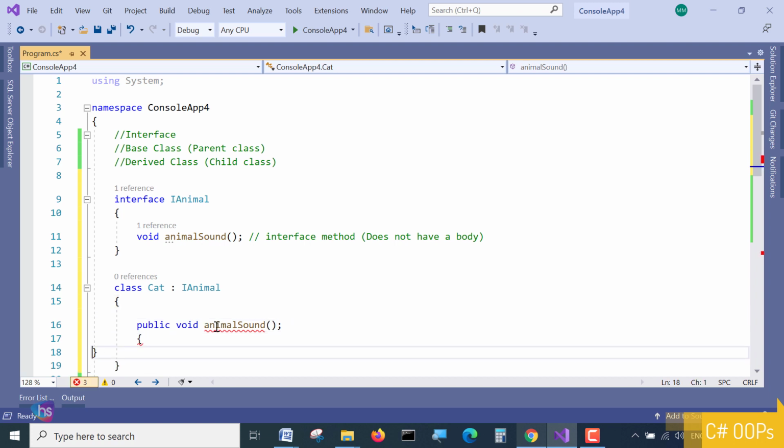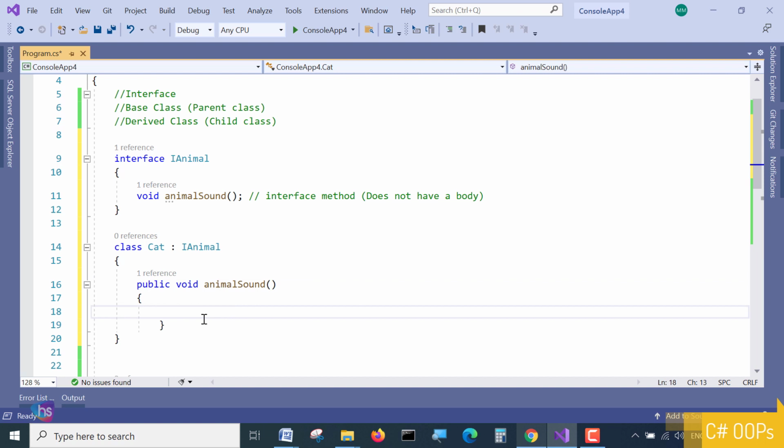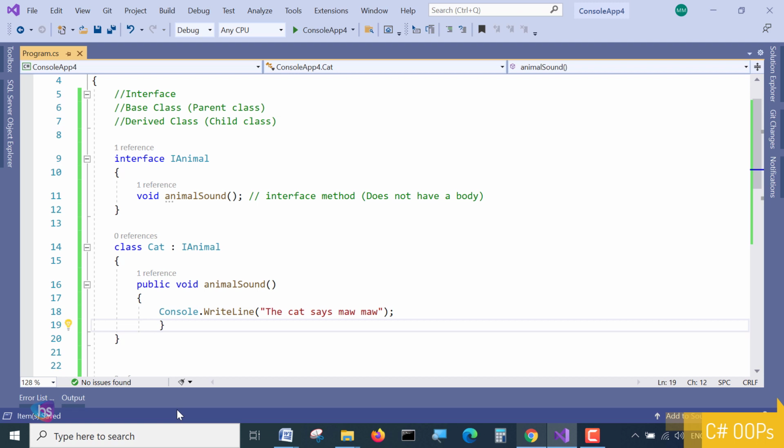Here we provide what to print. So here it is Console.WriteLine: the cat says meow meow. Anything you can write here, not a problem at all. Make sure the open and end braces are aligned.